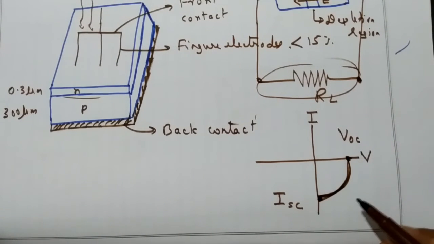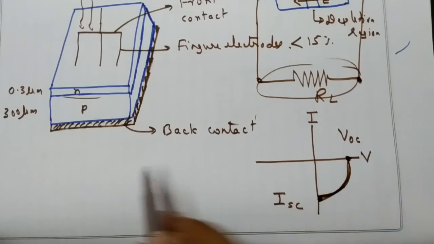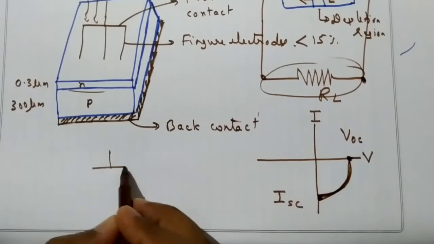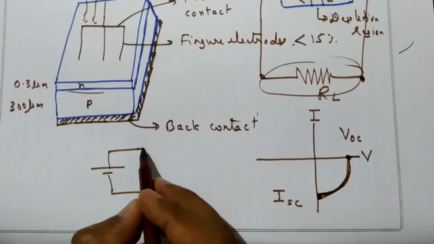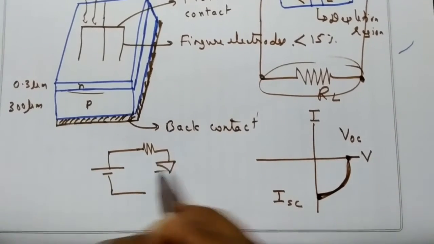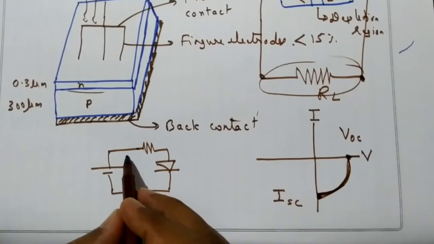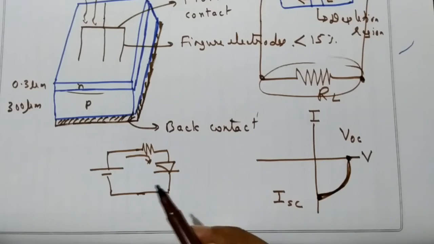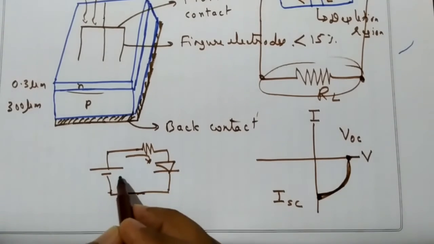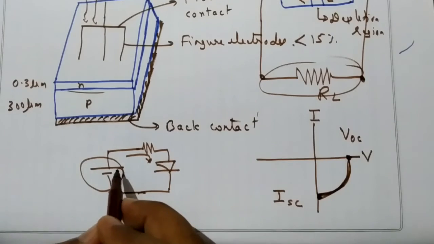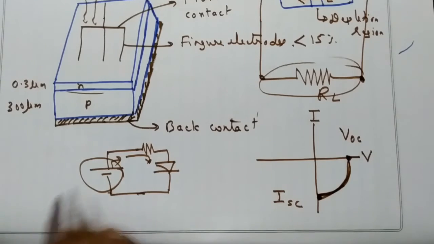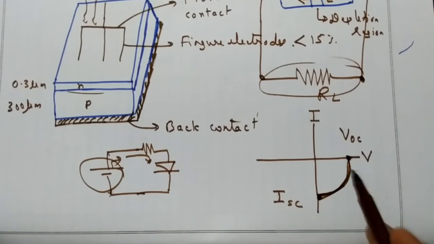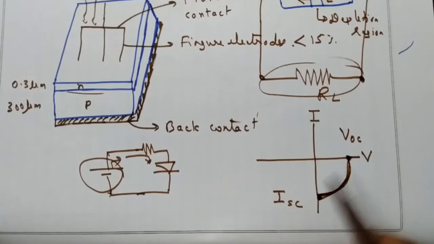Why is it drawn in the fourth quadrant? Because normally this is a convention, that's all. Take a battery and connect anything to it; let us connect a diode or a resistor. Now the current flows into the diode, so we take it as positive. But a solar cell itself acts as a battery. Current flows out of this, therefore we consider the current as negative. But the voltage is positive. So current is negative and voltage is positive, which will be in the fourth quadrant. That is why the characteristic is drawn in the fourth quadrant.